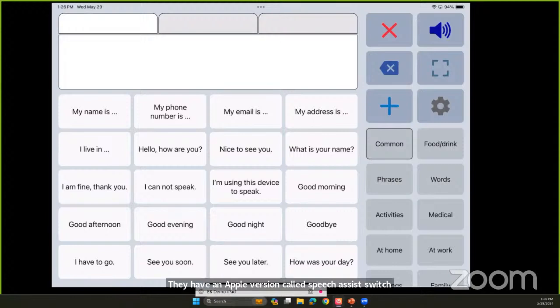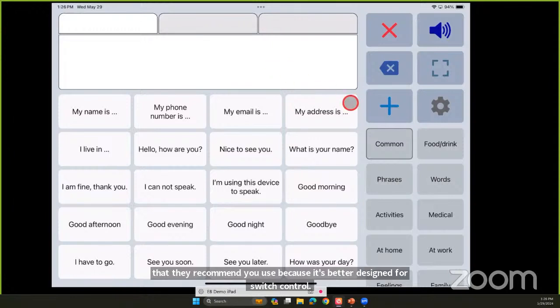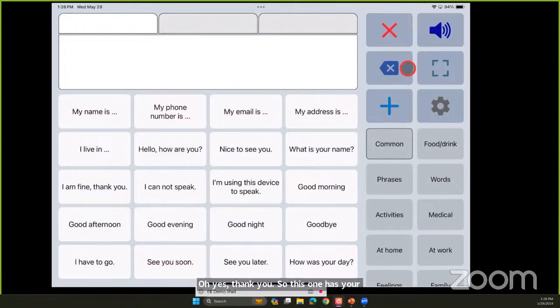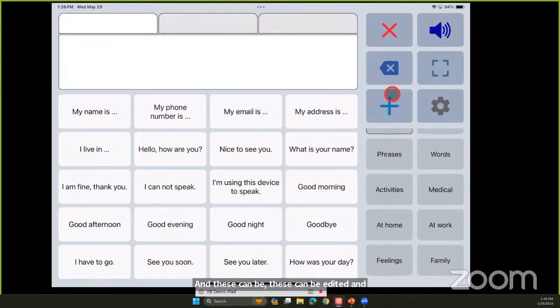So this one has your categories and action buttons on the right-hand side. And these can be edited and added. You can add your own categories as well. And on the full version, you can edit which action buttons are there.